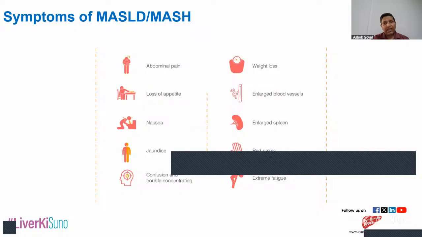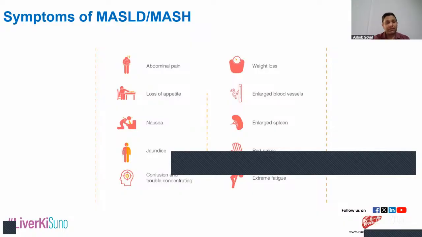Then, if you see in ultrasound, there are chances of portal hypertension if the patient has become cirrhotic. It could be an enlarged spleen, the portal vein diameter will be high, and there are certain cutaneous features which can also be seen in patients who are cirrhotic and having chronic liver disease because of MASLD. Then, enlarged or superficial blood vessels, we call them spider nevi, angioedema, which can be seen on your cutaneous skin, through which we can think that this could be a patient of chronic liver disease secondary to MASLD